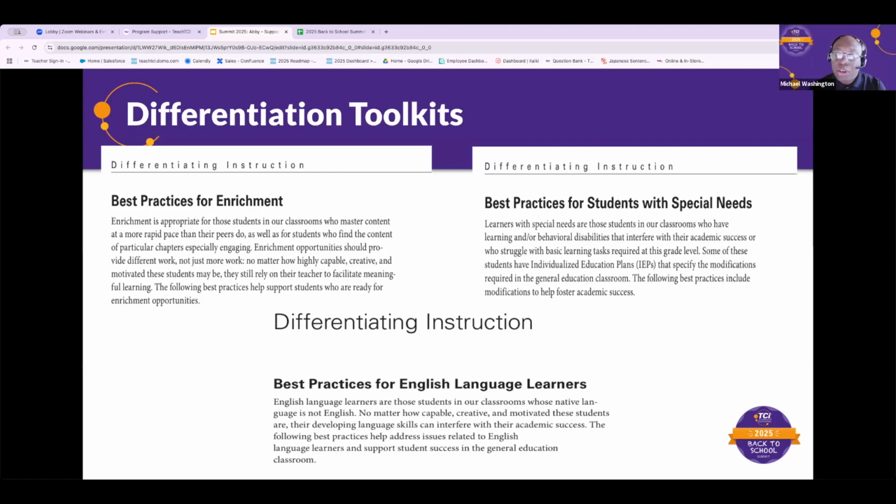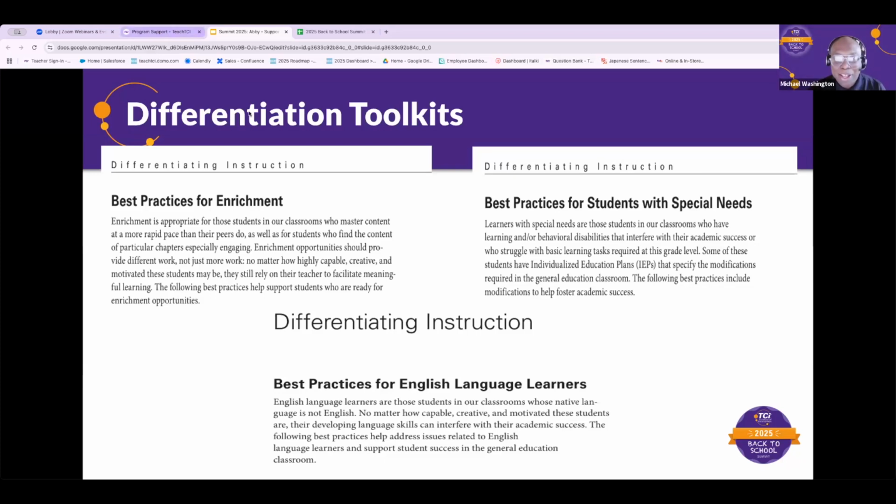And these are toolkits. So what I'm talking about right now is the toolkits that are just generic. But what we're going to show you next is that we also have even more in-depth supports by lesson. So we have these toolkits for these different groups that you can use as ideas that are not necessarily focused around our lesson, but can be used in your classroom in general. But I think, Abby, right now it's a good time to go live and show them where the toolkits are.